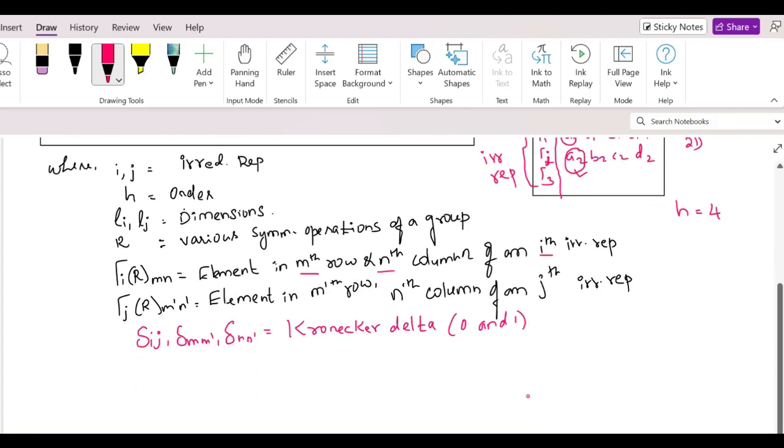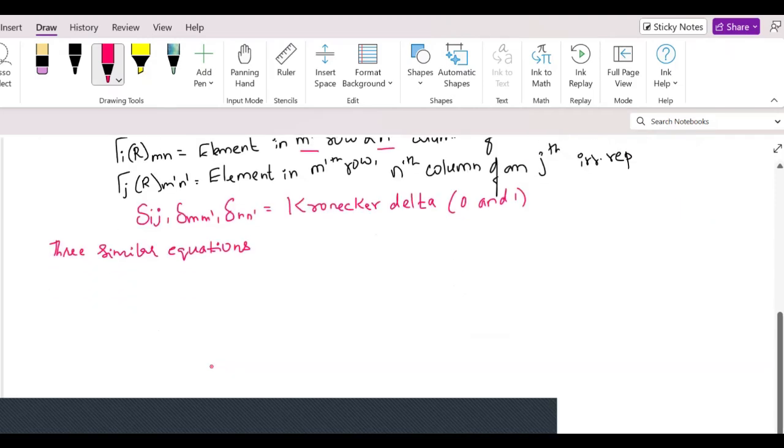Now, based on this, the main theorem can be made into 3 similar equations. So we have 3 similar equations, and let us see the conditions. Based on that, 3 similar equations have been listed over here. That is,